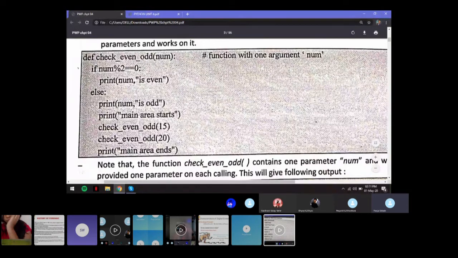So def check_even_odd, bracket num. num becomes your argument now, followed by a colon. If num mod 2 is equal to 0, print num is even, else print num is odd.